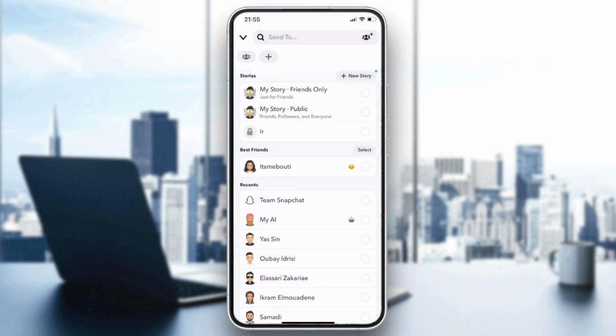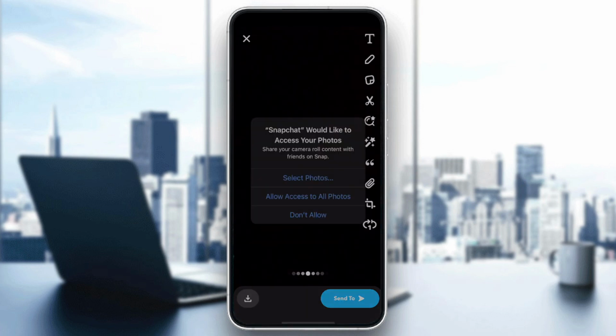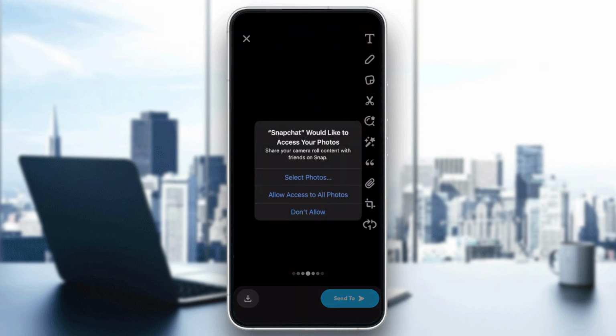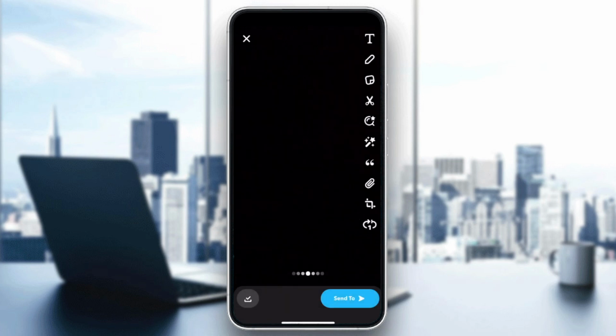or you can have here this download. Snapchat would like to access your photos. So you need just to give Snapchat access to your gallery or your pictures, so it can be able to save this picture on your gallery. So basically, I will just allow access to all pictures, and as you can see, I have one snap that